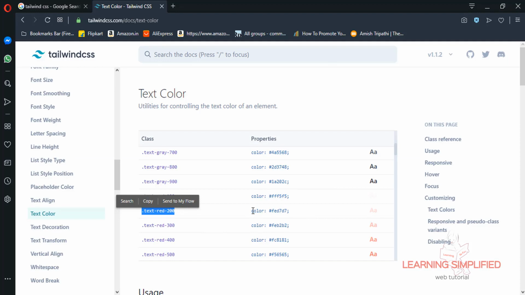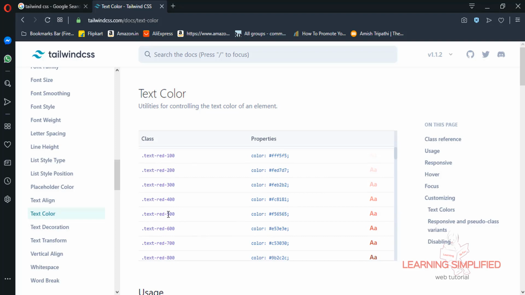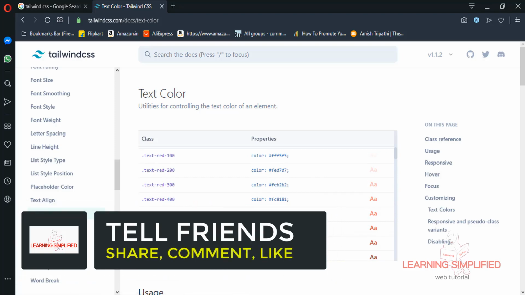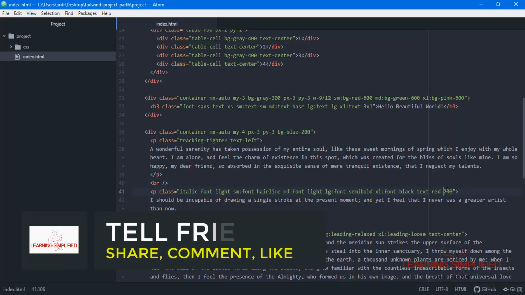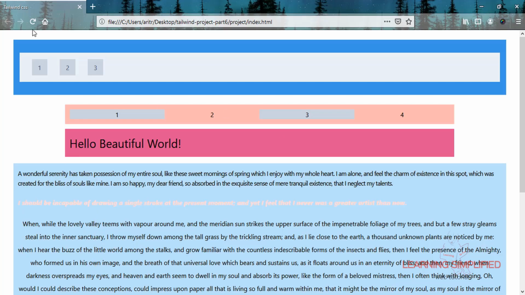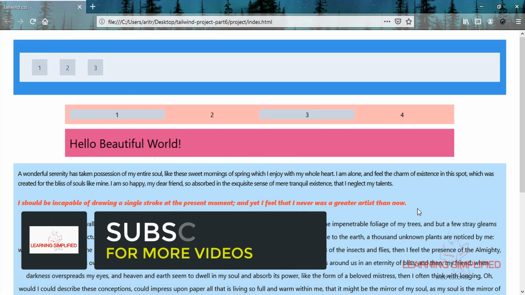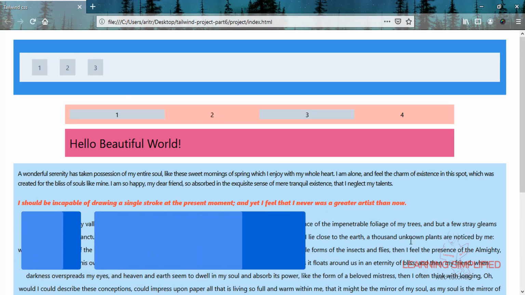This will be the color code of this particular class used here, and this will be the output. So if we want some darker shade, then we need to put a little bit more depth into our color, like this text red 600. If we use it here, there it goes, and we can see that this will be the result. So now it is getting prominent with a darker shade of red text color into our project. Now what if we wish to